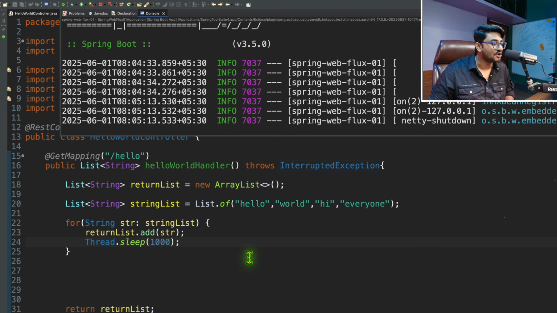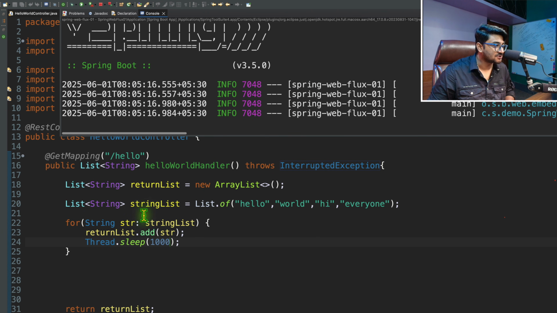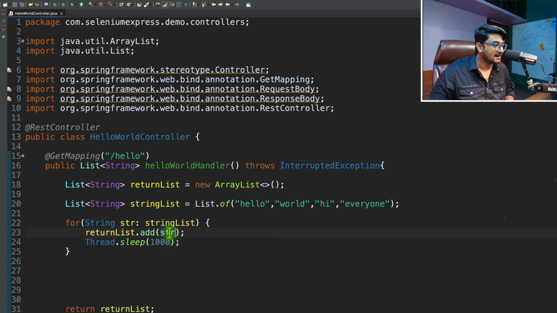So what it is going to do in every iteration: first it is going to add an element to this return list and then wait for 1000 milliseconds. Again, it is going to fetch another element from the list, add it to this return list, and then wait for 1000 milliseconds. Now imagine you are handling the request over here. After handling the request, your handler method needs to process the work. So whenever you handle the request, some thread should have